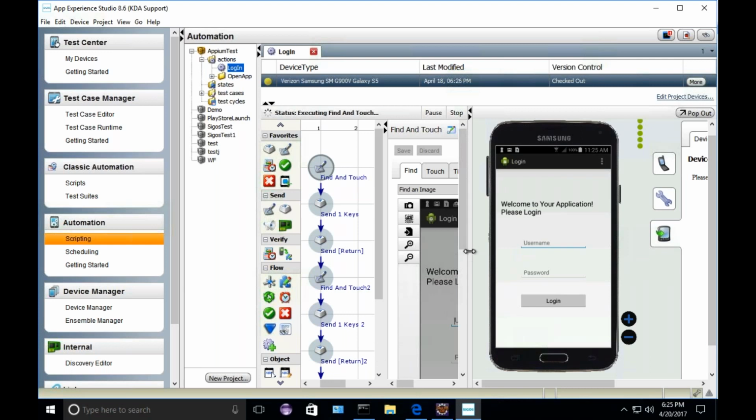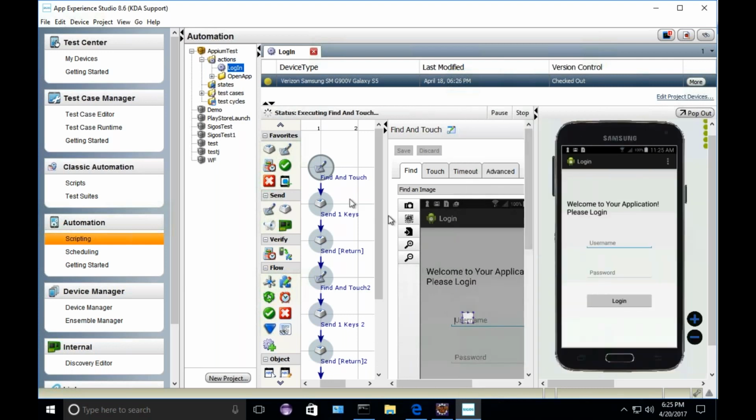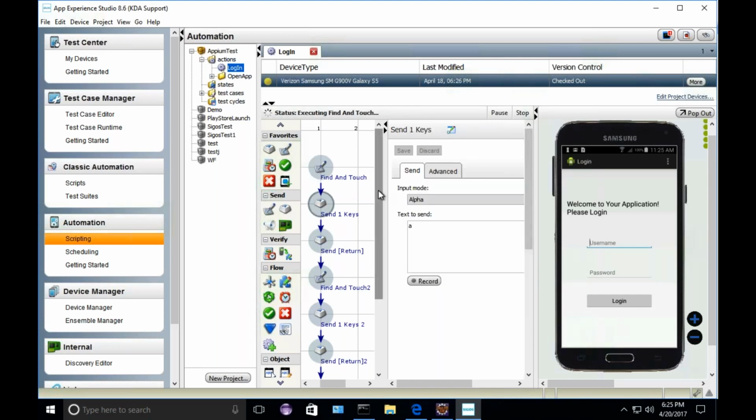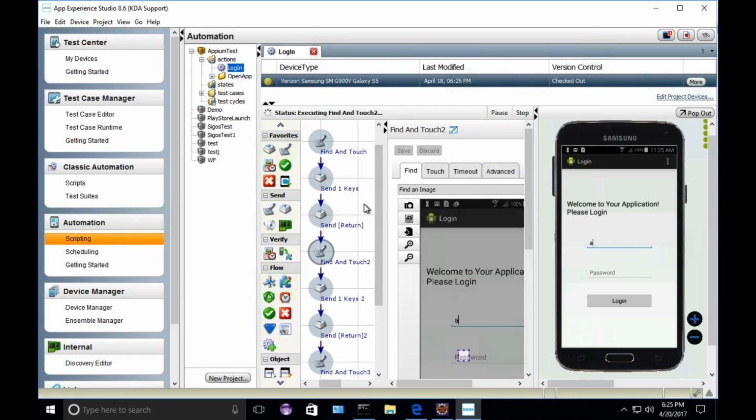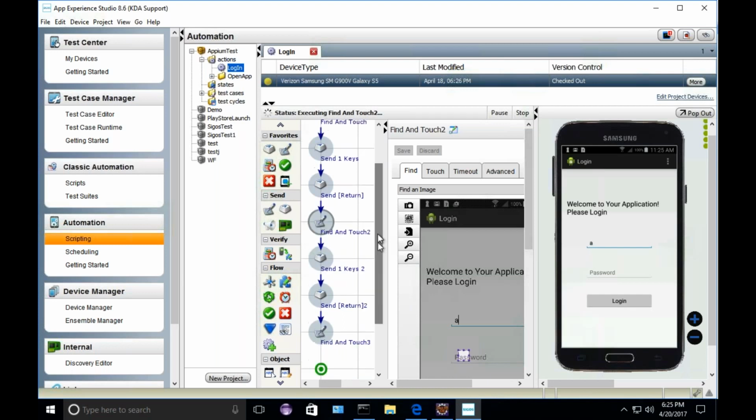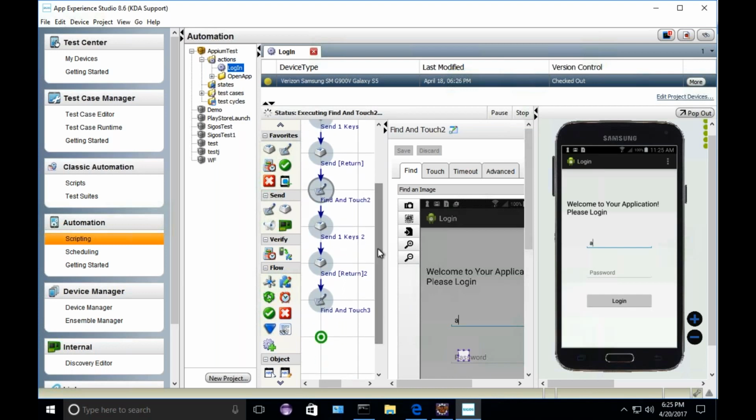How it's doing that is its first step is to find and touch the username field. It'll send the correct password key. It will send the username field and the password.